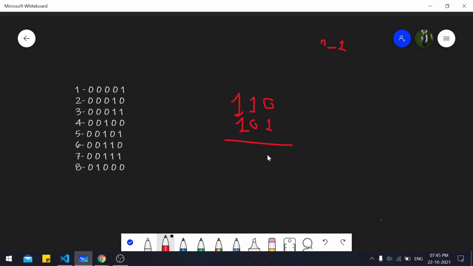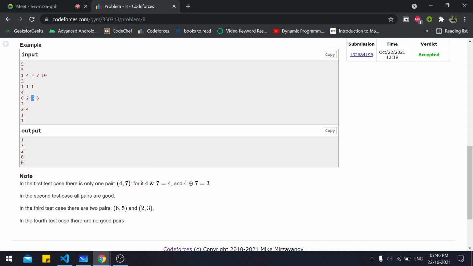Now if we take AND of it, what will we get? We'll get 0 here, we'll get 0 here, and we get 1 here. This is the AND value. And for the XOR value, what are we gonna get? In different it will give 1, 1, and here it will give 0. Again the same thing. Here it is coming out to be 4, it is coming out to be 3 here. So this satisfies the condition, and similarly 2 and 3 you can also check will satisfy this condition.